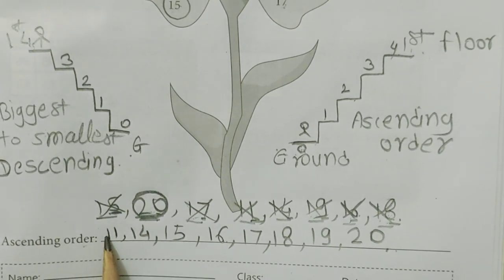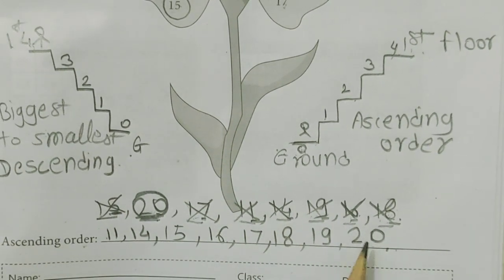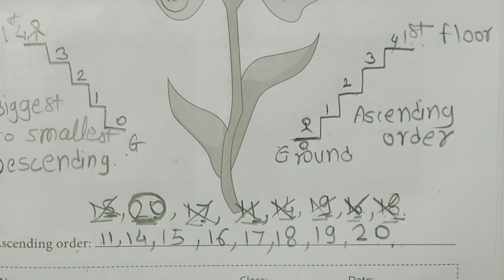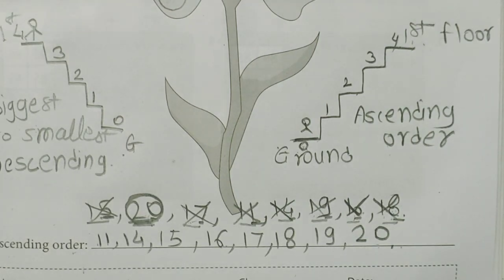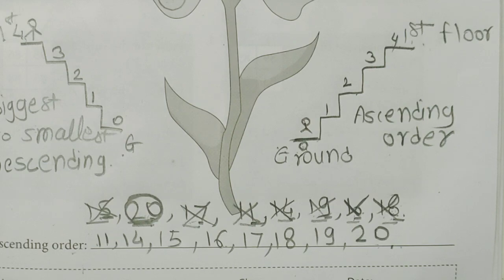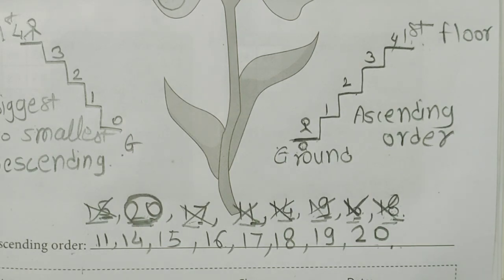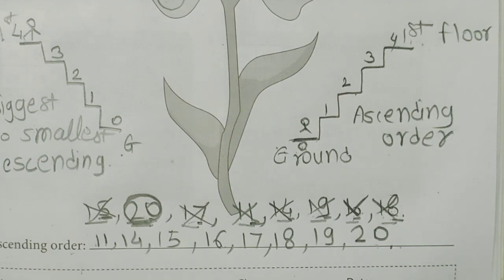Start from the smallest number to the biggest number, and when we reverse this order, that will be the descending order of the numbers. Simply, we have learned the comparison of numbers critically, which is more interesting. Usually you always write the ascending and descending order, but this is a different method of identifying the biggest number and arranging those biggest numbers in ascending order.